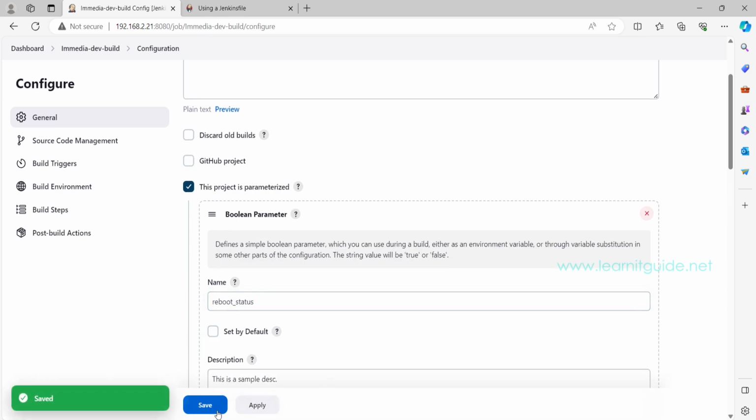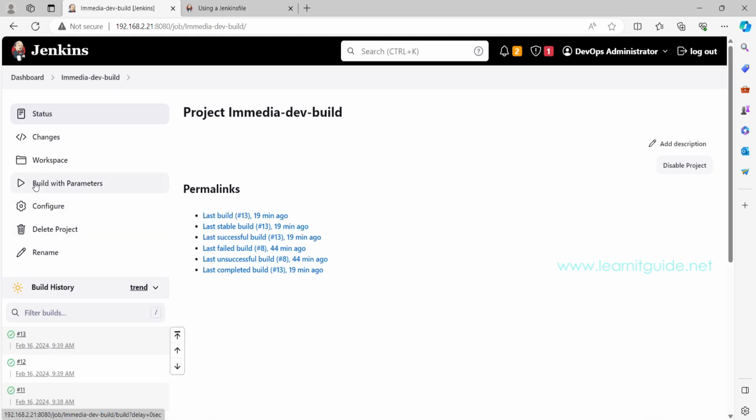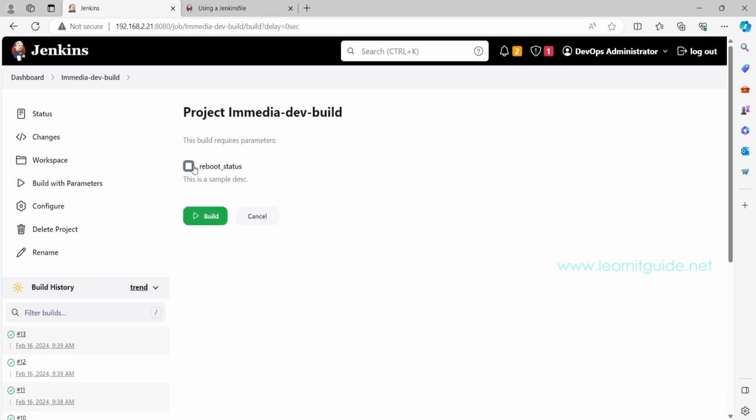Just click on apply, and if you see the job, this has been changed from Build to Build with Parameters, which means this particular job is a parameterized build. If you click on this build, it will prompt you to enter the value. Since this is a Boolean, you need to either select or you can disable it. If you select, it will become true. If you didn't select, then that will become false, because it is a Boolean